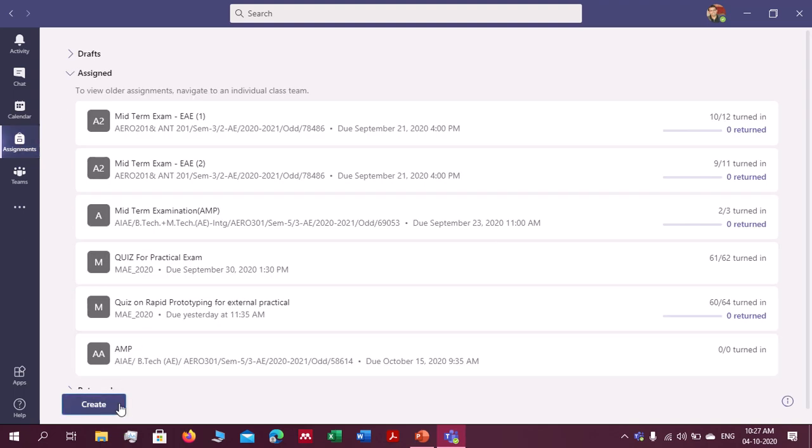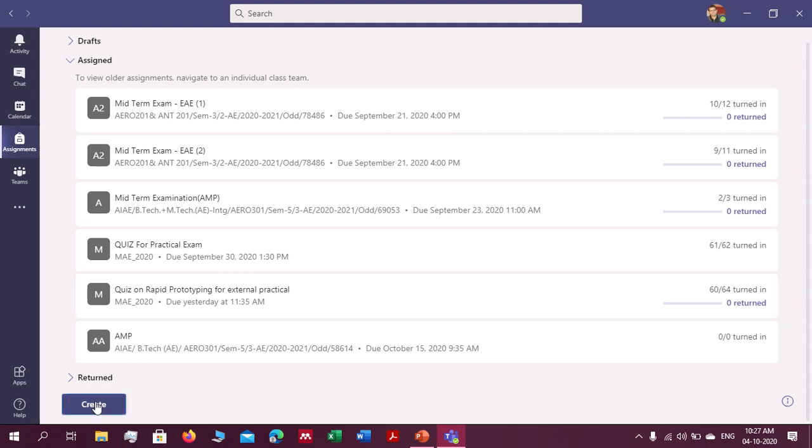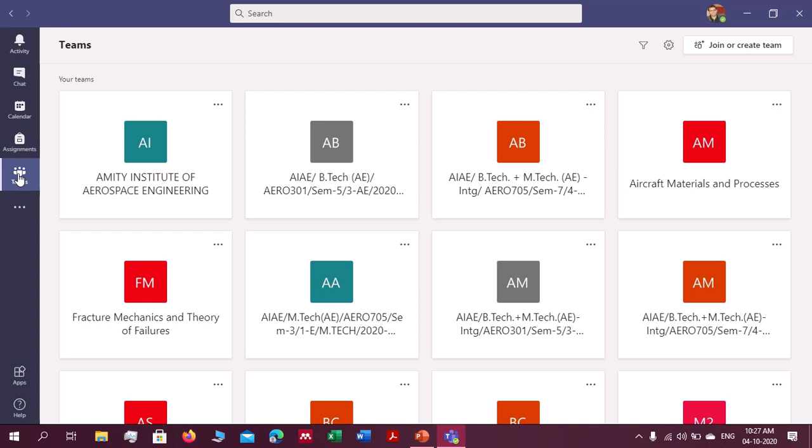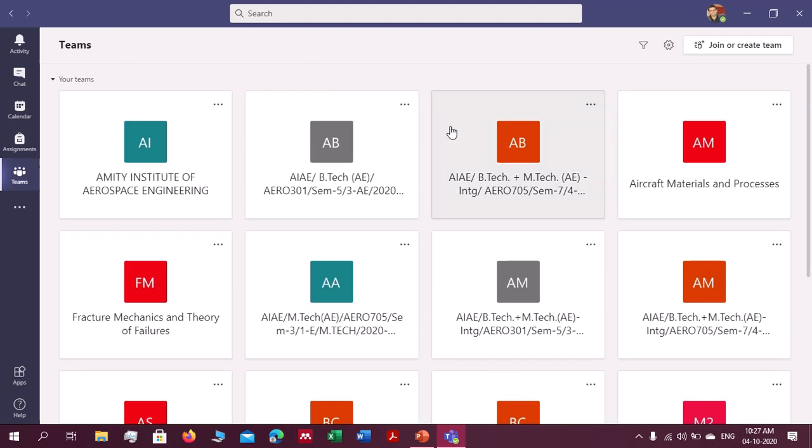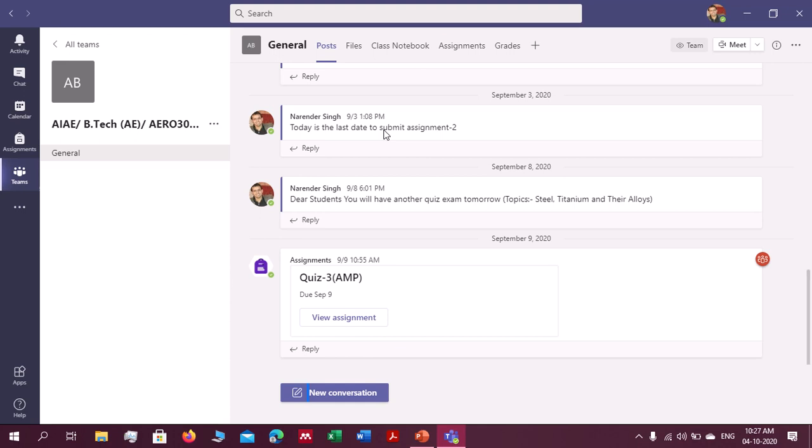Here is the create, and then you go to quiz. Okay, now there are many quizzes you can see here, but you can also go through the team. By the team you can select the class to which you want to give that quiz. There are some classes in your MS Teams. You can pick any of the classes for which you want to create a quiz. I just take the first class and double click on it, and now I am creating a quiz for that class.